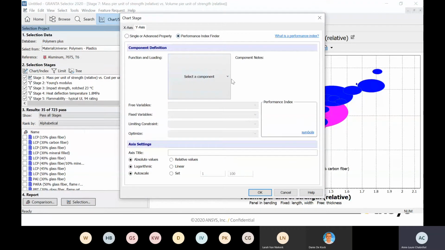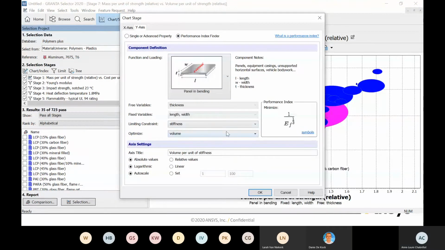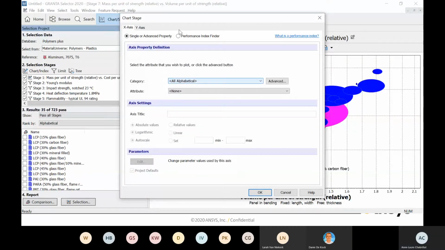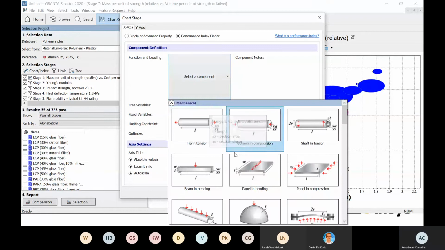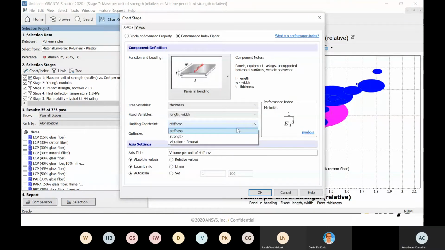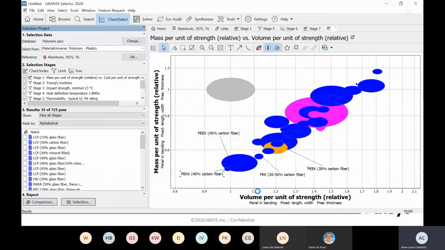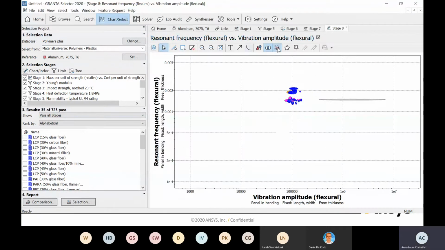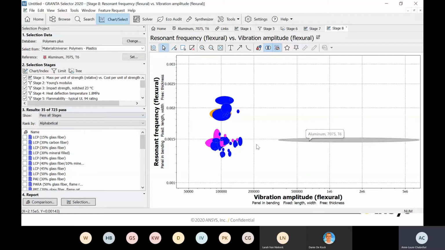So we could do the same thing with strength. Well, instead of strength, let's look at vibration. And here we can look at the resonance frequency against the vibration amplitude. So we'll hide these, we'll do a little zoom again. So we can see that our aluminium,